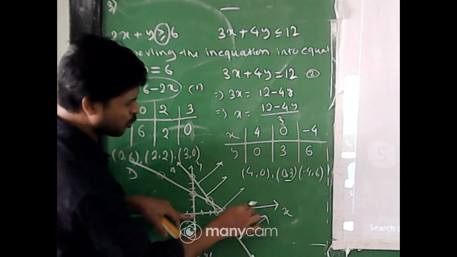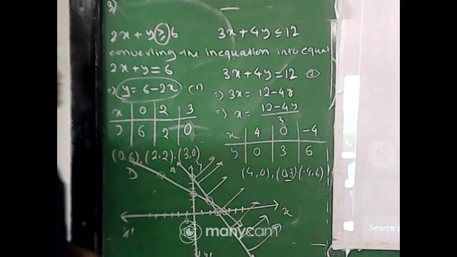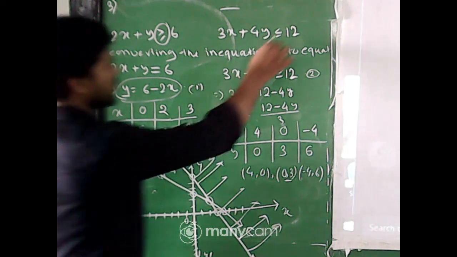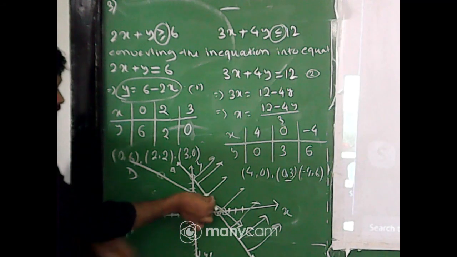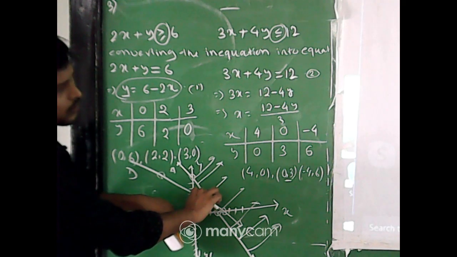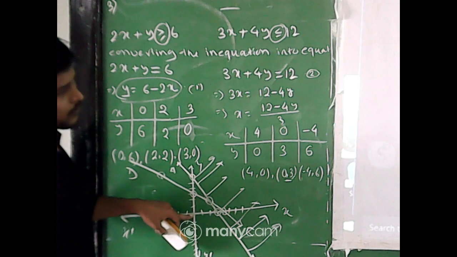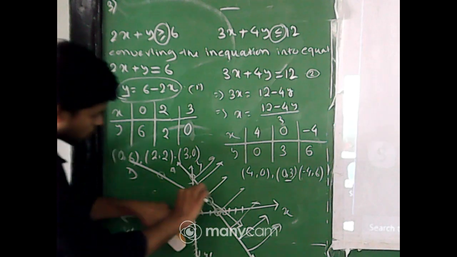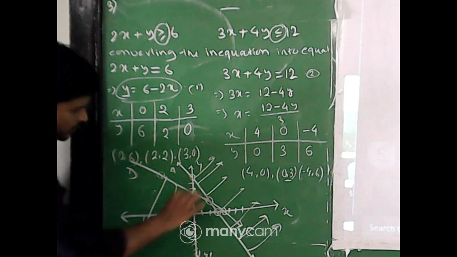You can use 2 lines or you can use more than 2 lines like this. Okay, and now the second equation is less than or equal to 0. So this is our line. Origin is in this direction. So in which direction will the region go? The arrow will go in which direction? Towards the origin or away from the origin? Towards. So this is the line. Origin is in this direction. So the region will be in this direction.